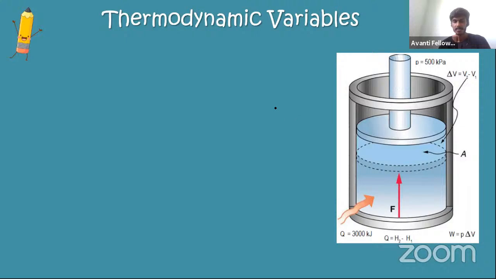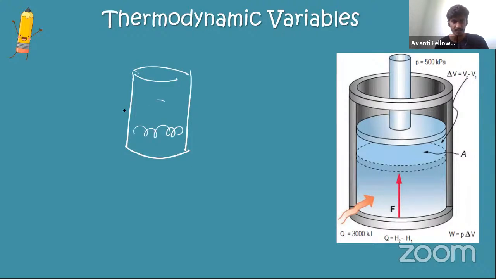Always remember, whenever we're discussing this chapter, we'll be taking a piston. Piston is our laboratory now. So what's a piston? There will be a cylinder, a very solid cylinder, filled with gas, and I'm going to cover it with a piston. You can see the left diagram. A piston is like a cap, but this cap can move up and down. If I pull the cap, it comes up. If I push the cap, it goes down. So this arrangement is called a cylinder piston.